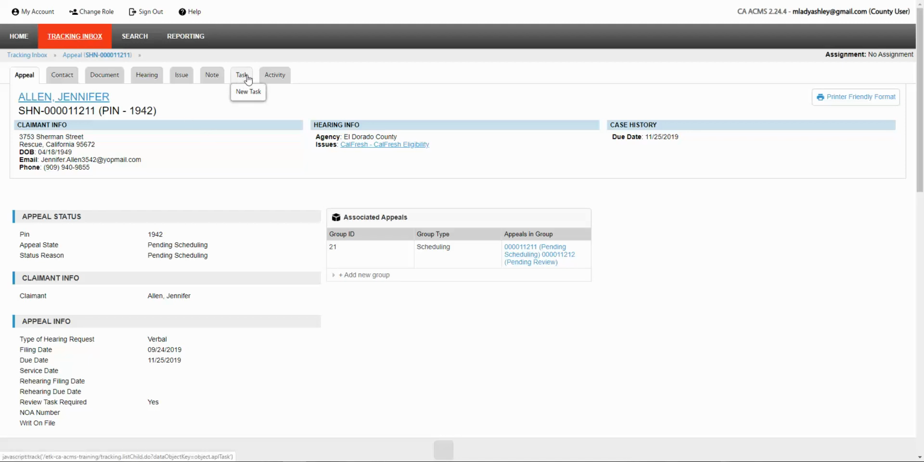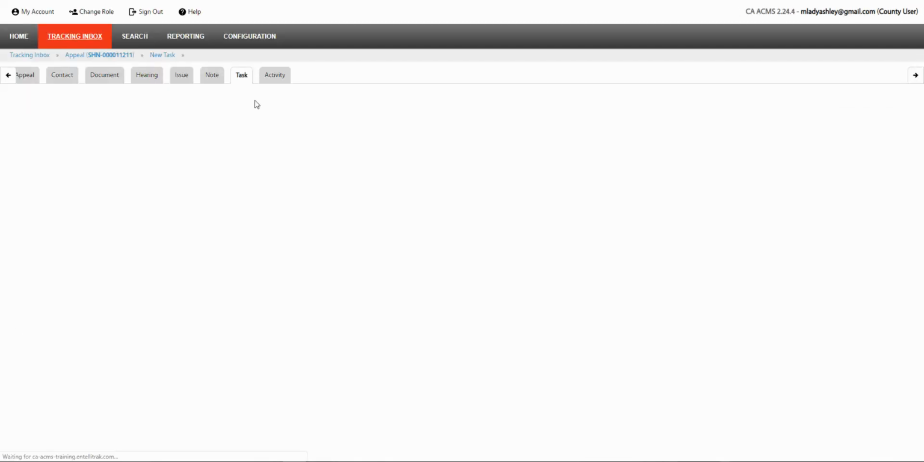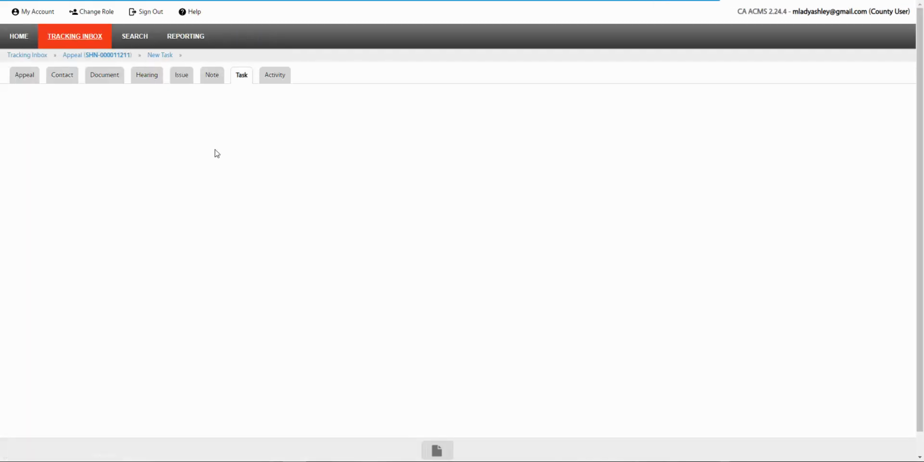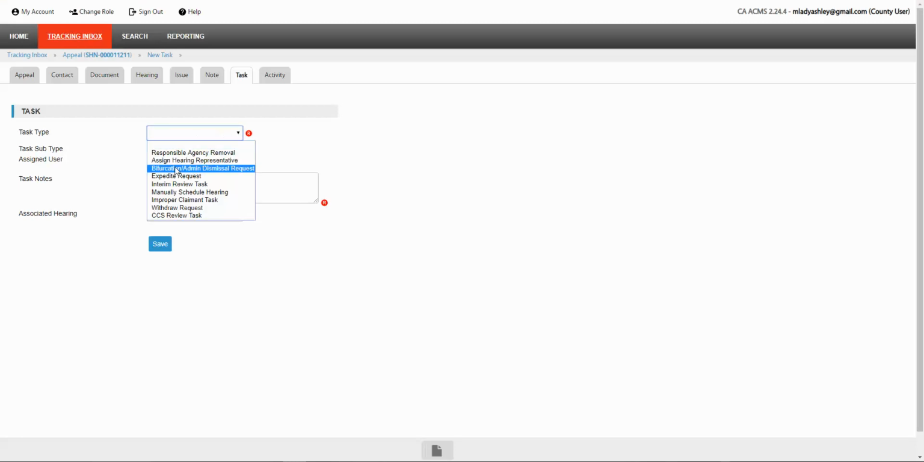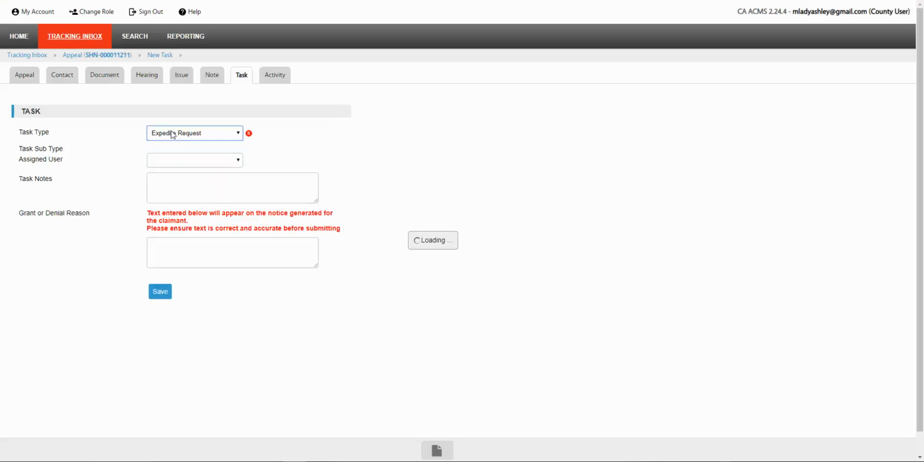I'm going to hover over Task for this case and hit New Task, and I'm going to open an Expedite request. Again, you're going to leave that assigned user field blank. There's also a task notes field if you want to put in any notes of why this person needs an expedite. You probably should put their reason in there. So, the claimant needs an expedited hearing